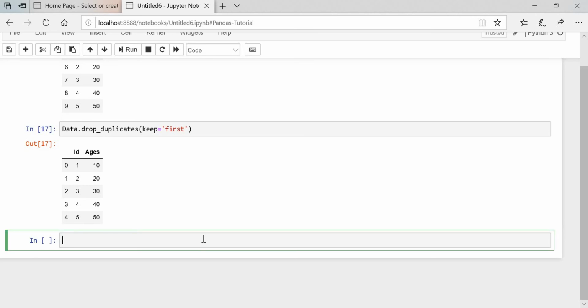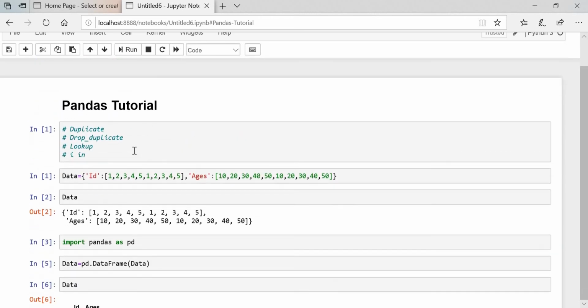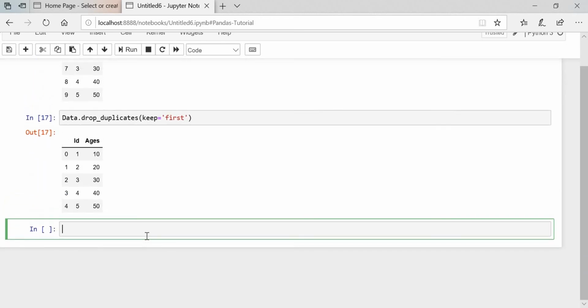Okay, then in this we will see one more function, that is lookup. What does lookup do? Simply data.lookup. It will give the particular data from your data set.